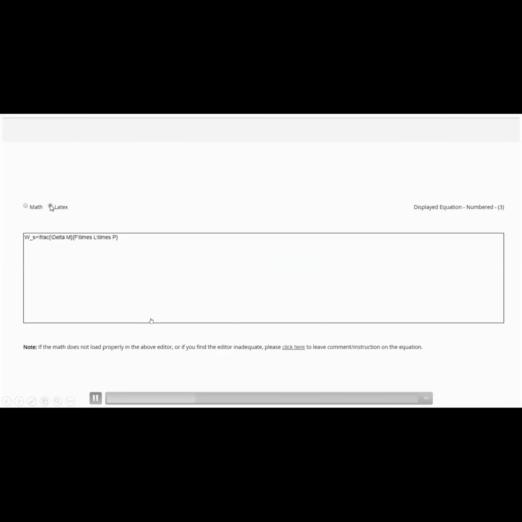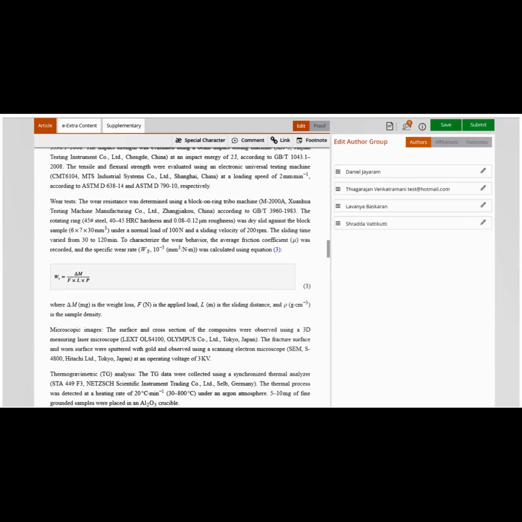If you have any issues related to adding equations in math, you can copy your equations and paste them in ChatGPT or any LLM tool, stating that you need to convert this equation to a LaTeX format, and it will convert it and provide it to you. Just copy and paste it here. If your equation was submitted as an image, you are only able to make annotations to the equation, similar to how you annotate